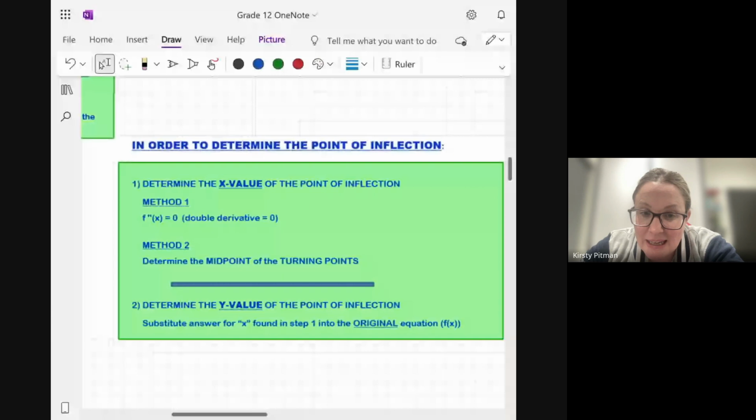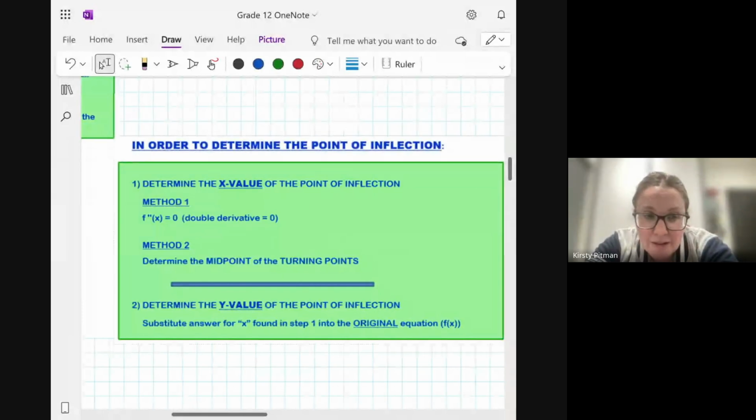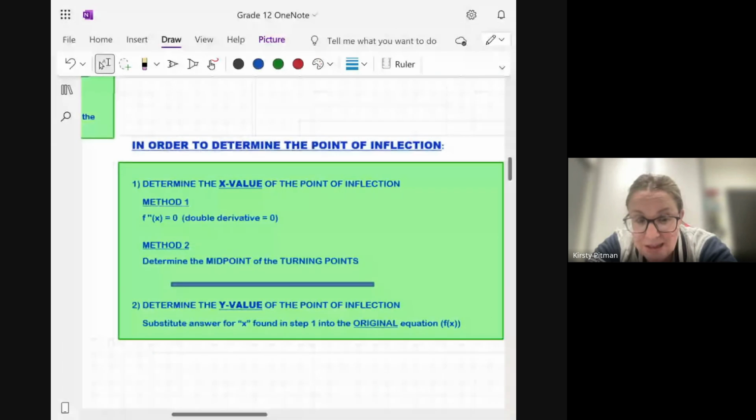So teachers say, in order to determine the point of inflection, method 1: find the derivative of the derivative, the double derivative, always fun. Method 2: determine the midpoint of the two turning points. So you can use either method. And then determine the y value of the point of inflection. Substitute the x found in step 1 into the original equation. Okay, and then you